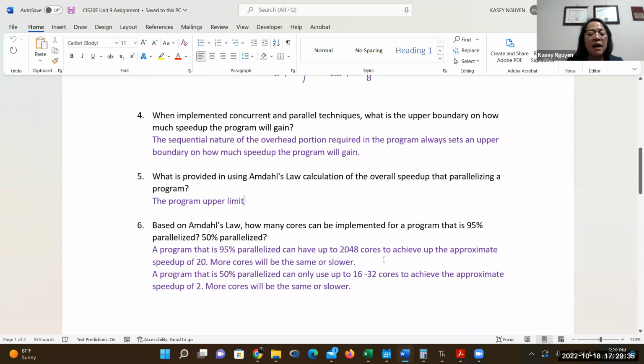So we can answer that a program that is 95% parallelized can have up to 2048 cores to achieve a speed up of about 20. So if you want to achieve the speed up of 20, you can implement up to 2048 cores. Now, commercial PC, most of the commercial processors that you see for personal use, we don't see that many cores,